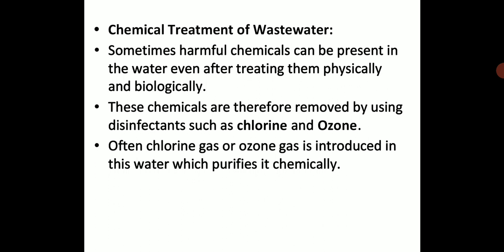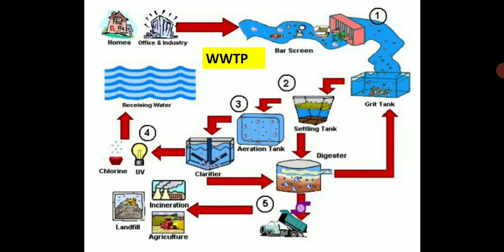As I've told you, drain water which comes to us goes for a water treatment procedure, and in one of the procedures the water finally has to be treated with chlorine, so that it has the right amount of chlorine to take care of bacterial growth in the water and become fit for our consumption. I'm talking about the municipality water which we get at home, the tap water. So this is how chemical treatment of wastewater is done.